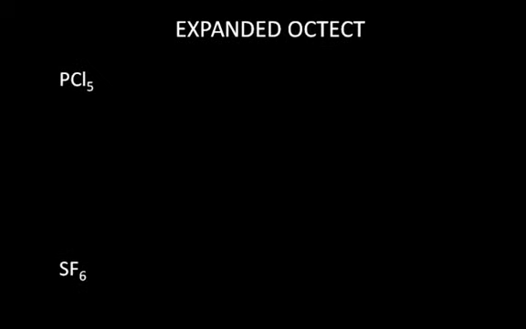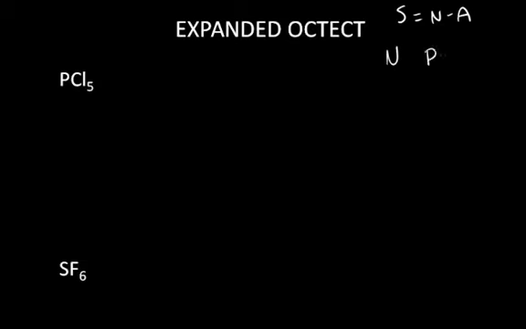Let's look at the Lewis dot structure for phosphorus pentachloride. First of all, let's think about the number of bonds that we would predict to exist in this particular structure using the S equals N minus A rule. Let's look at the S equals N minus A rule for phosphorus pentachloride. Needed: